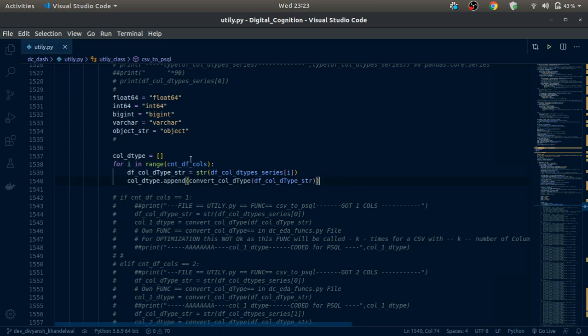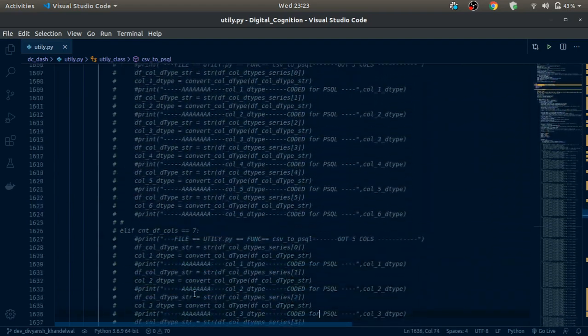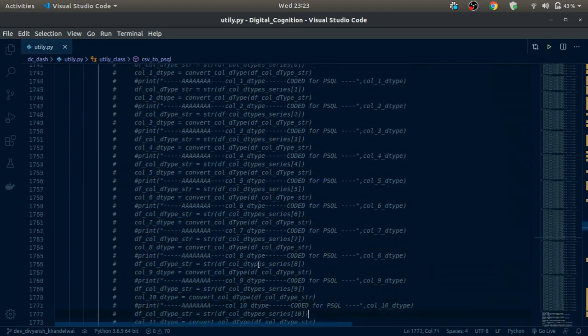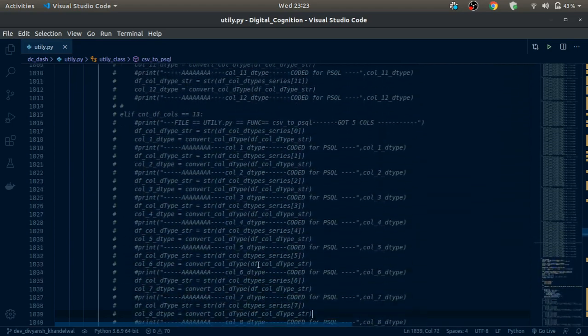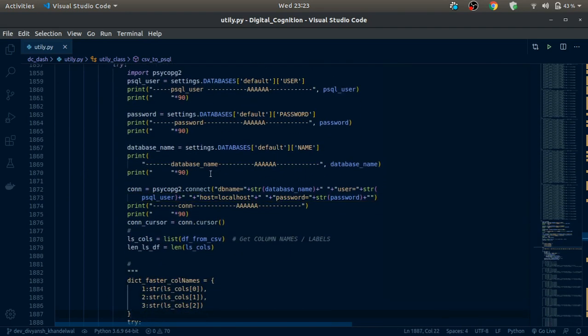It's a simple for loop which will iterate over the CNTDF calls, and it will append the data type to this call data type. This pretty much takes care of all these lines here. About 300 lines were just reduced to 3 lines.